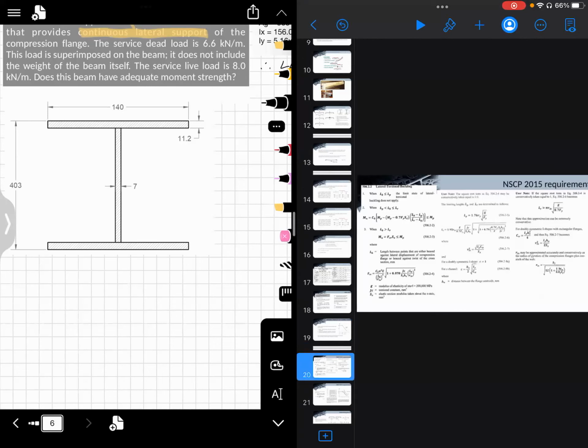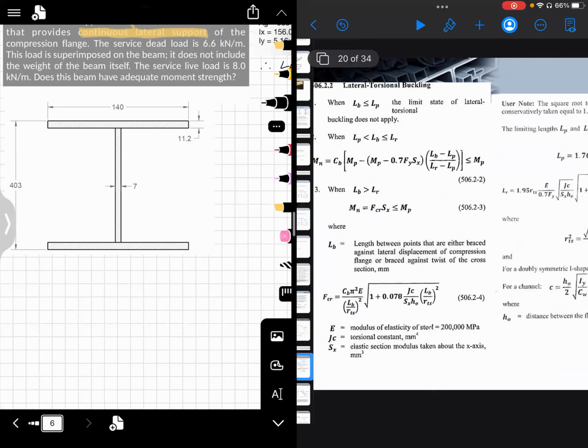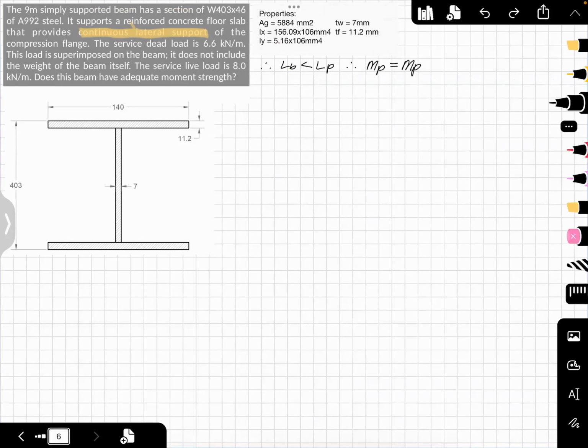So yun. So, pwede natin sabihin na your MN is equal to your MP. Wherein your MP is equal to, di ba? This is equal to Fy times